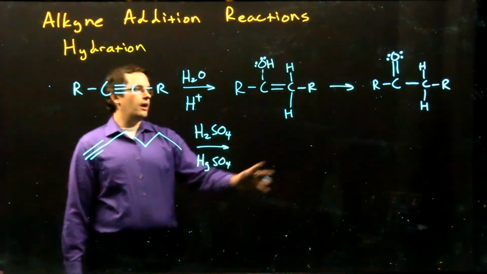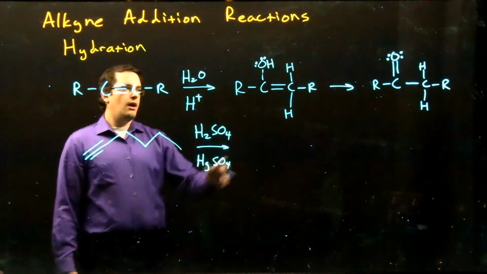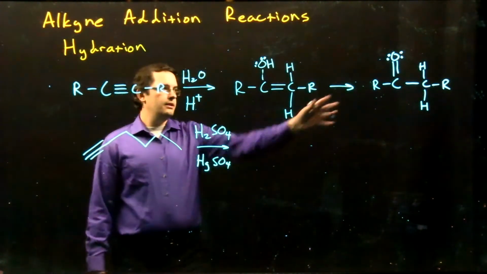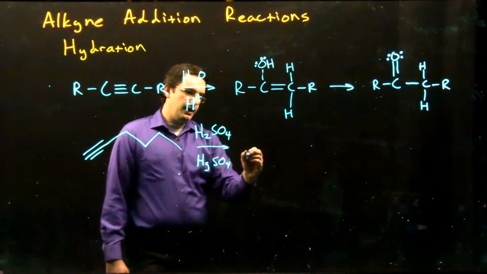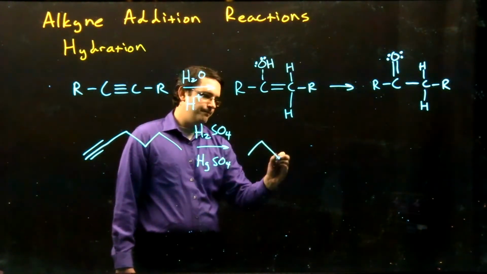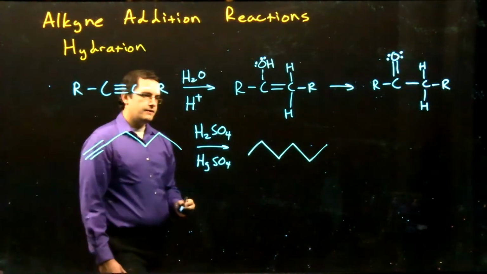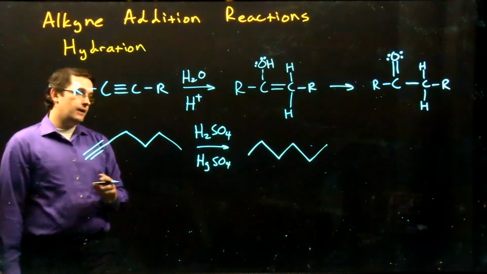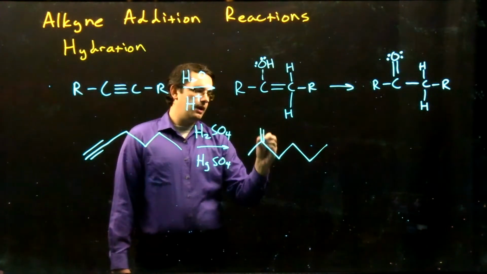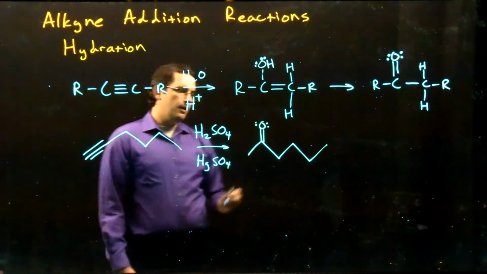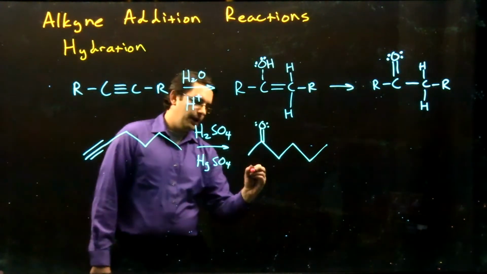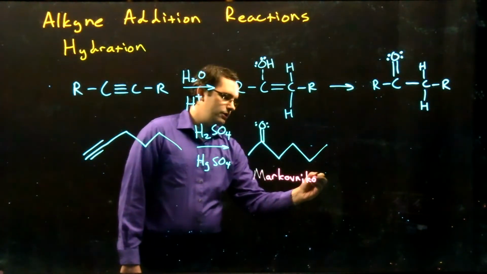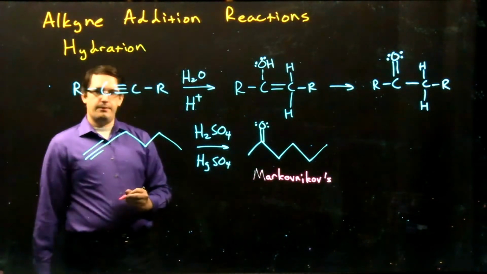Our product, we are going to see that ketone product. We don't see our enol intermediate because it immediately tautomerizes and rearranges to get that product there. So we're going to have our 6 carbons still. So we have our 6 carbons, and our double bond to the oxygen ends up at the more substituted position following Markovnikov's rule from our initial alkyne. So again, we need to follow that Markovnikov's rule, as always with these addition reactions, with the exception of those